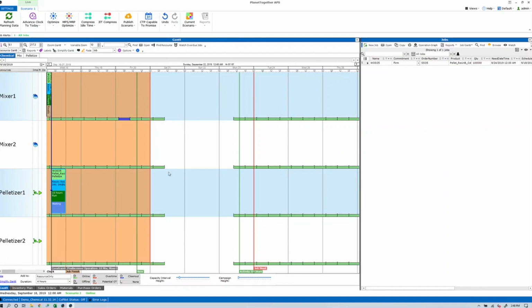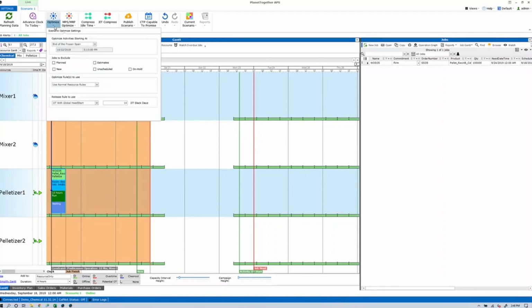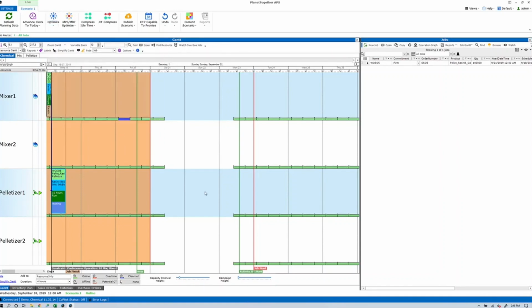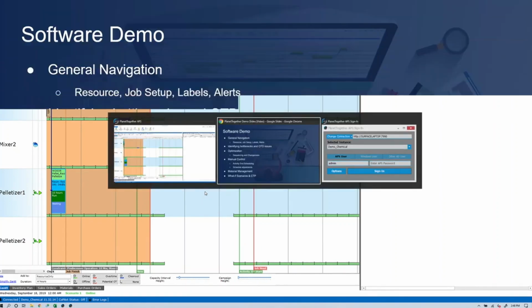That way, outside here, your schedule is more fluid. It can react to changes and that sort of thing. So that's the idea behind frozen span. It's a question we get a lot. How do we lock down the schedule? And that's how. That's one of the ways. I'm going to turn it off for the rest of this demo, but just know it's there. All right, so we are going to, let's just flip back for a second onto our